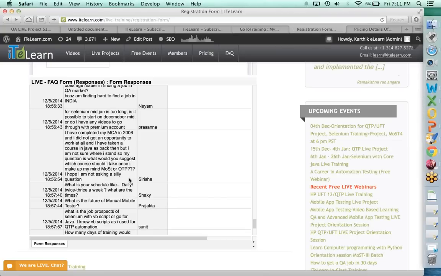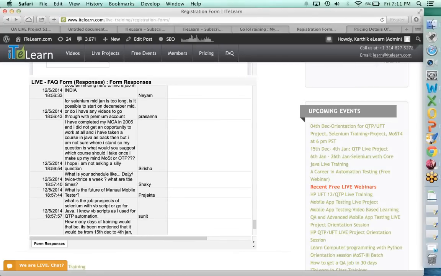You're working or not working. Not working, go for most. If you're working, just take QTP or Selenium. Because even if you go for most, you'll still do the QTP live project now, and you'll do the Selenium later. And you'll do everything else also.